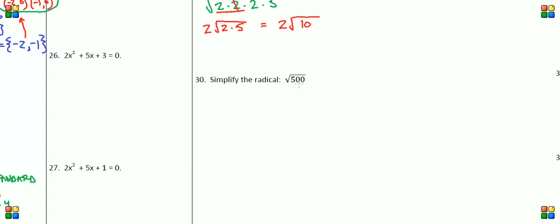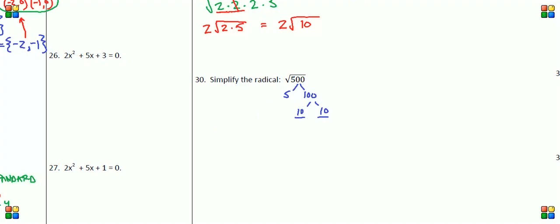Now, I know this is divisible by 2, but it's also divisible by 5. You can see that 5 times 100 gives you 500. And 100 is a perfect square. You can divide 100 into 10 times 10. Now at this point, we haven't prime factored all the way, but we have noticed that there are two numbers that are identical on our prime factor tree, and we actually can stop right here,